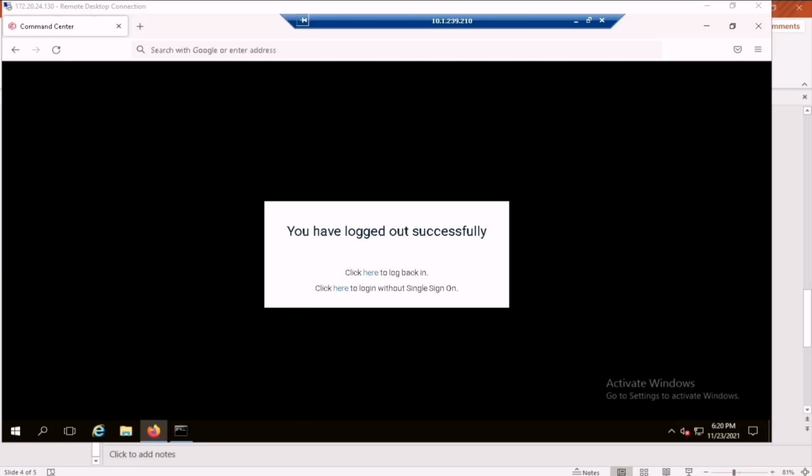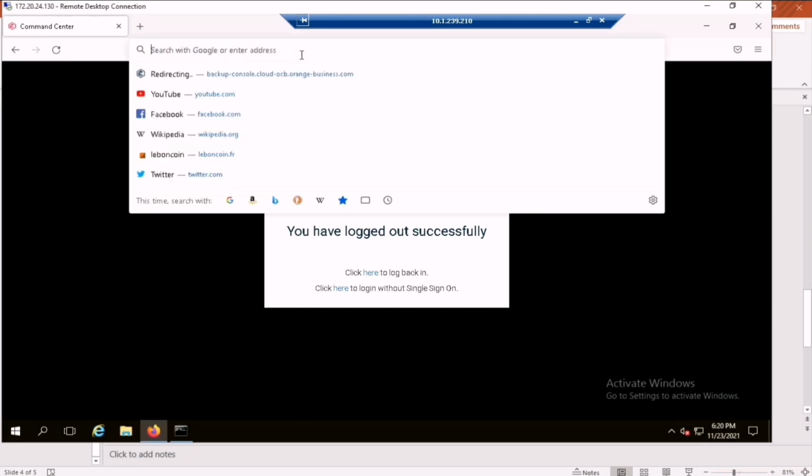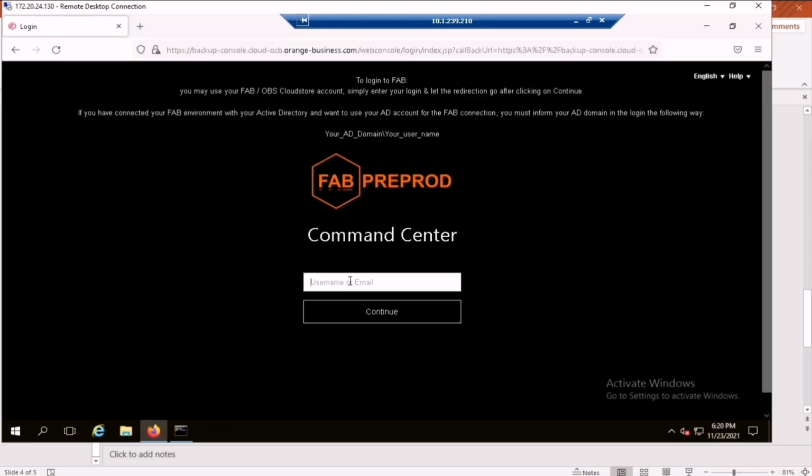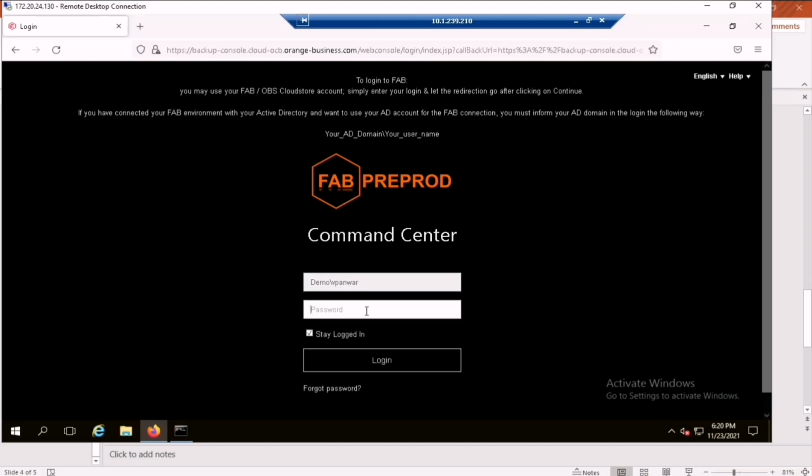In order to access the Fab platform, you can open the Fab platform and log in with your username and password.